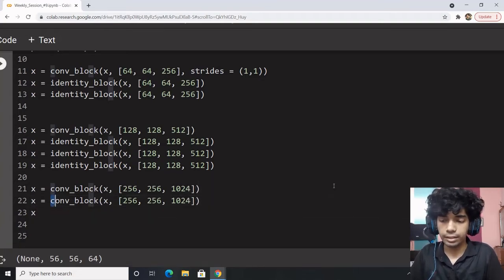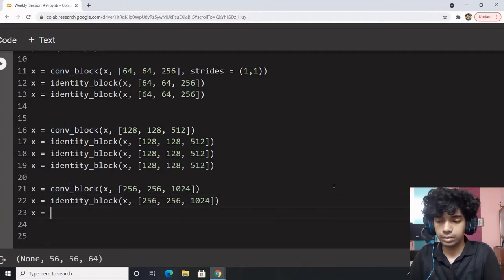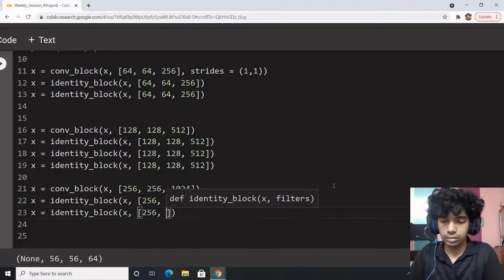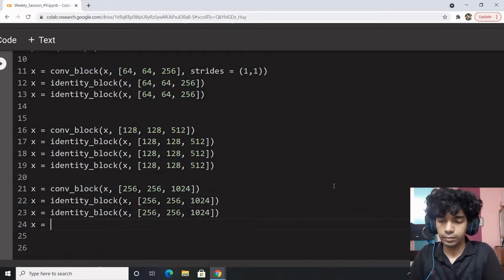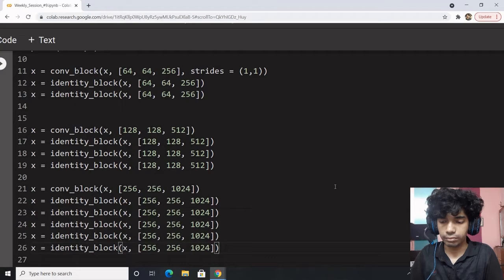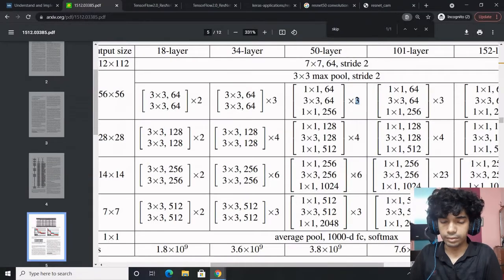Now, we have identity block here. Why am I writing this stuff? 3, 4, 5, 5 and 1, 6.